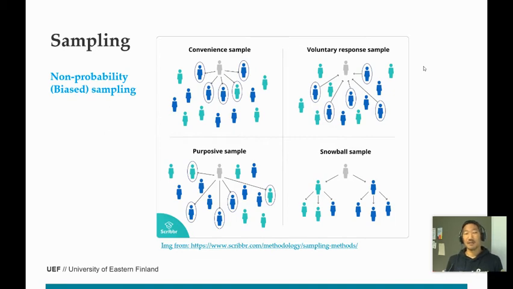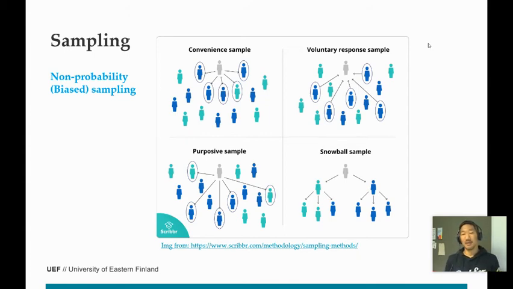For instance, you have the same interest in the international student experience at the UEF, but instead of approaching individuals, you post your research on a Facebook group website where international students easily visit and ask them to voluntarily participate in your research. In this case, you call it voluntary response sampling, but it's really biased in terms of selecting the